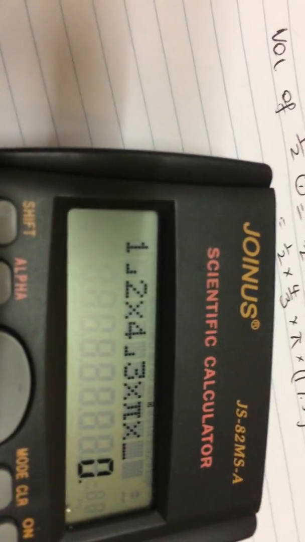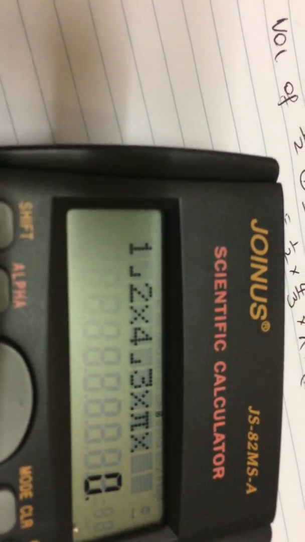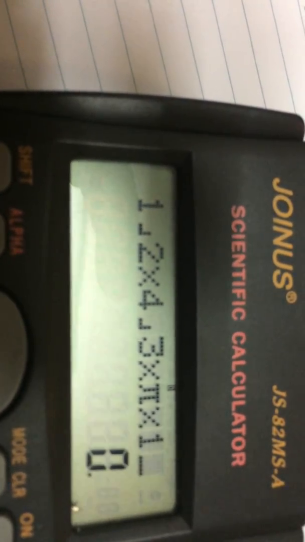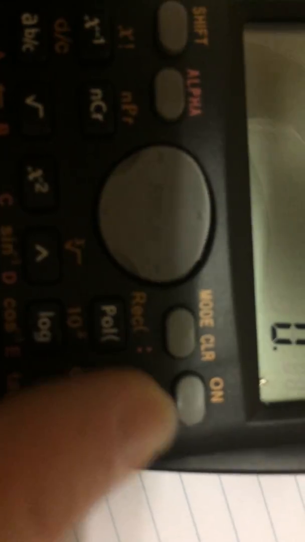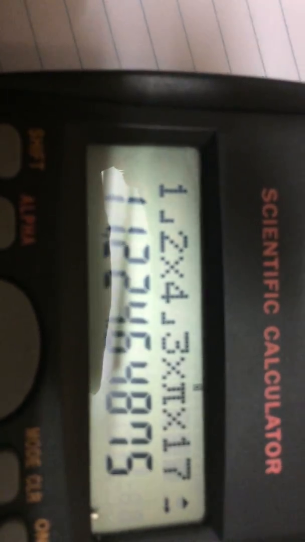There are brackets here, but I'm not going to worry because the calculator understands that unless I put the pi with the 17.5 in brackets, it's only going to do the 17.5. I've actually got an x cubed button over here, so I can just press that, and now you can see that it's said that. I can press equals, and I have quite a big sum,